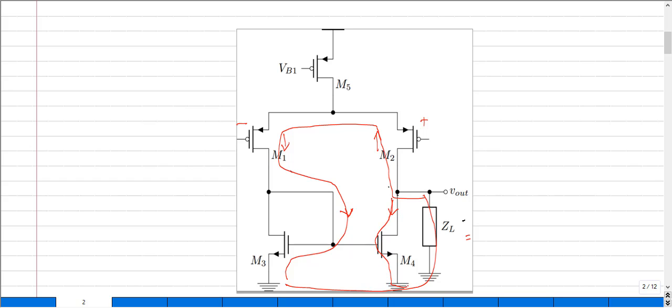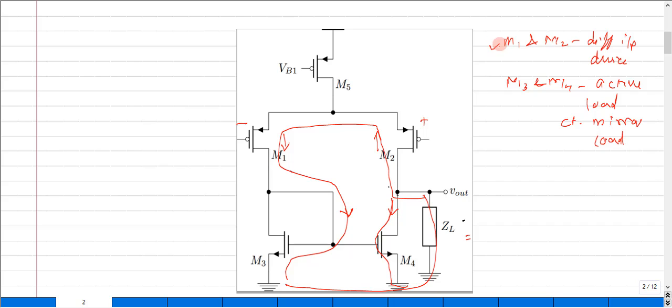So you can see almost four transistors participating: M1 and M2, which are nothing but the differential input device, along with M3 and M4, which are termed the active load, or basically a simple current mirror load. So there are four transistors participating in this particular signal